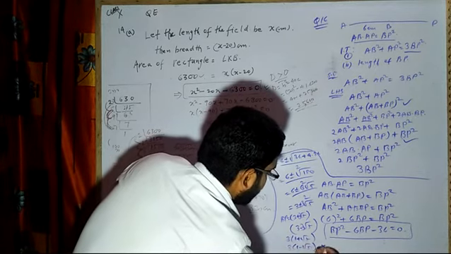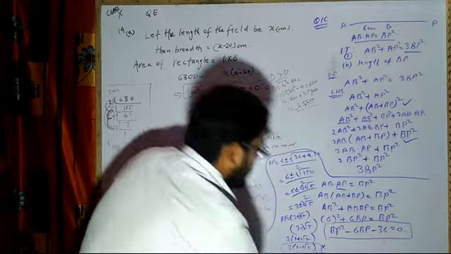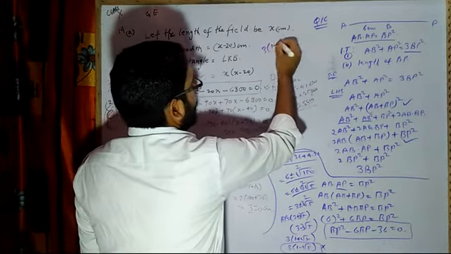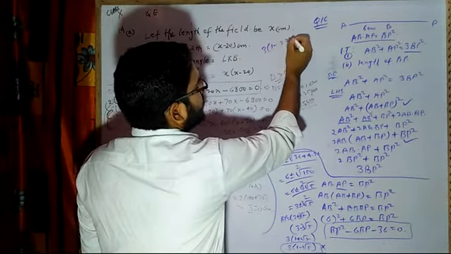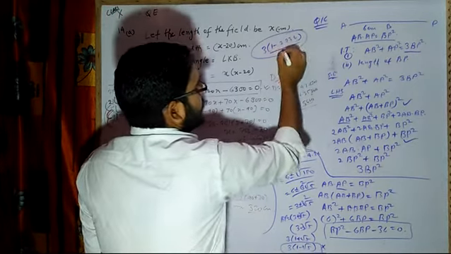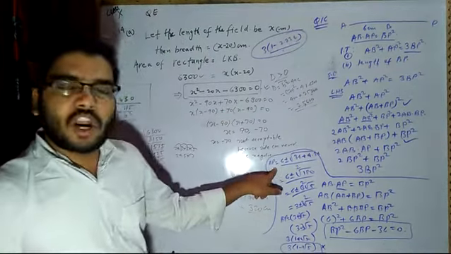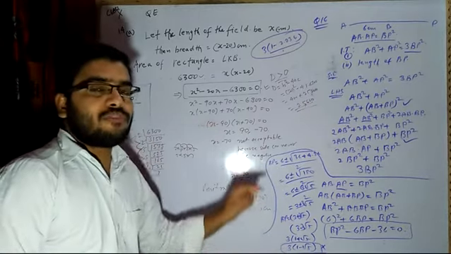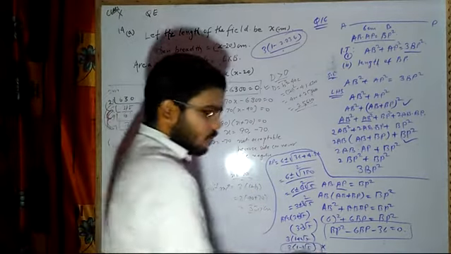Now 1 minus root 5 will not be accepted because root 5 is 2.236, as you all know, so this will be a negative number. If this is a negative number, a side cannot be negative. So you have to accept 3 bracket 1 plus root 5 only. I hope it is clear.